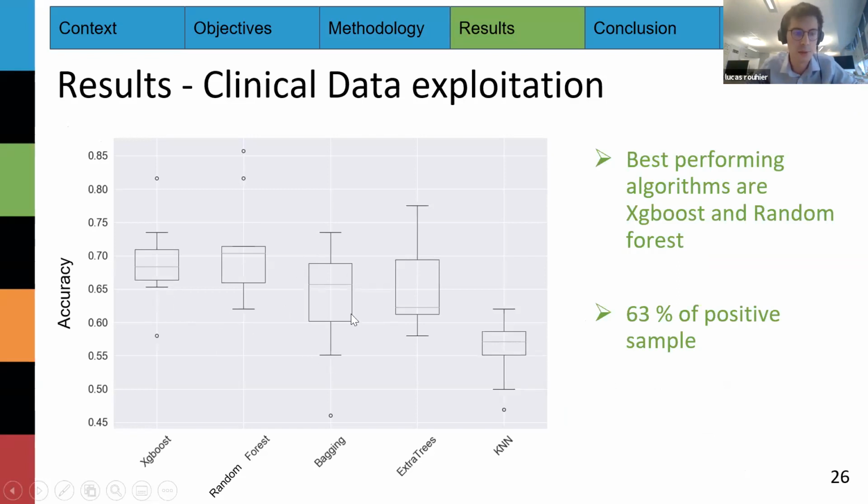Bagging methods are a bit different, so I wanted to try it to see if it was better than the ensembling algorithm. Extra trees is derived from random forests, so I wanted to see if extra trees could be better than random forest at the time. KNN is k-nearest neighbor, which is an unsupervised method, the only one that was tested. An unsupervised method doesn't use the ground truth to compute the loss, but just tries to group data by similarity. The best performing algorithms are XGBoost and random forest, since they seem to have a lower STD and a higher median score, even though the baseline was 63%.